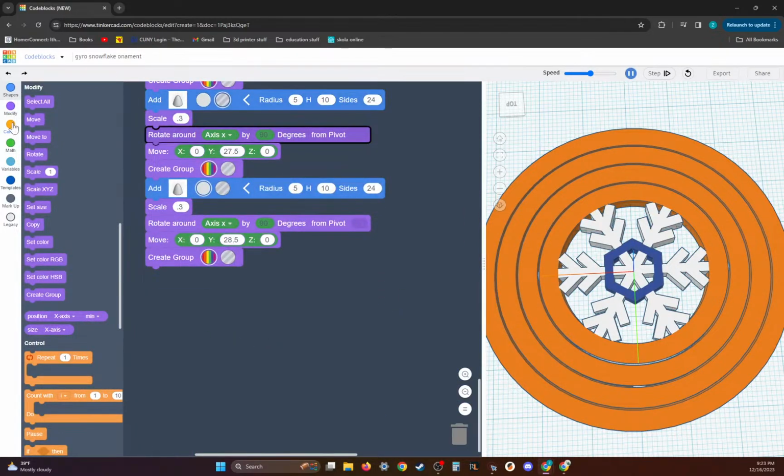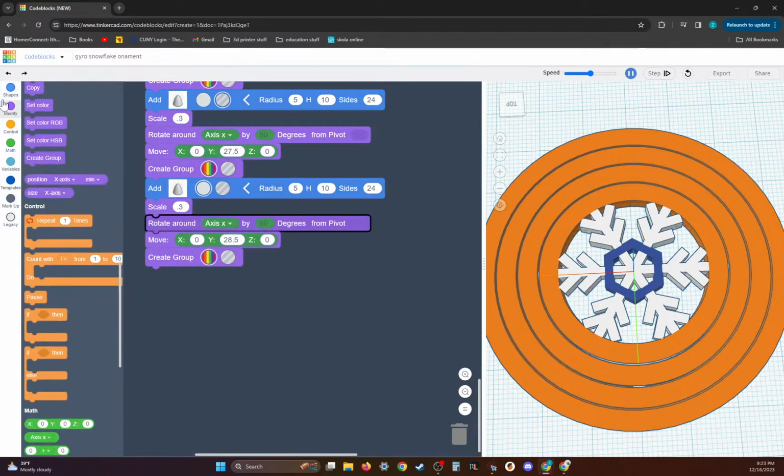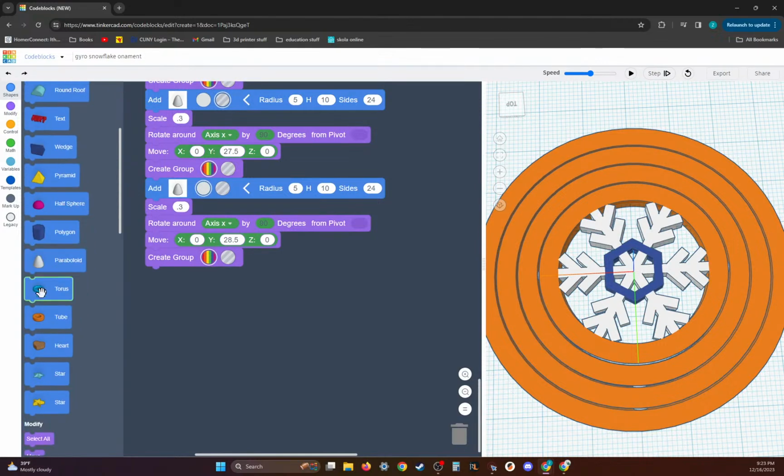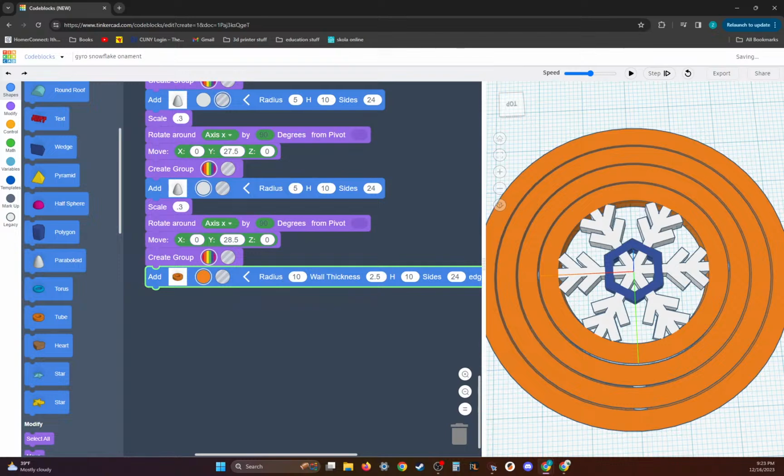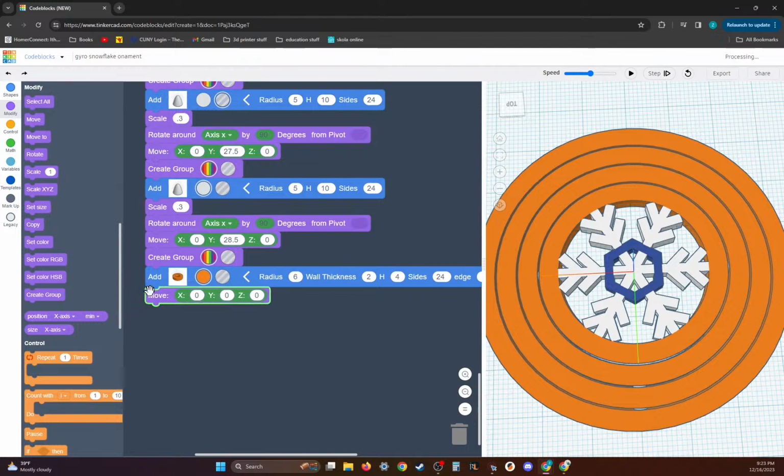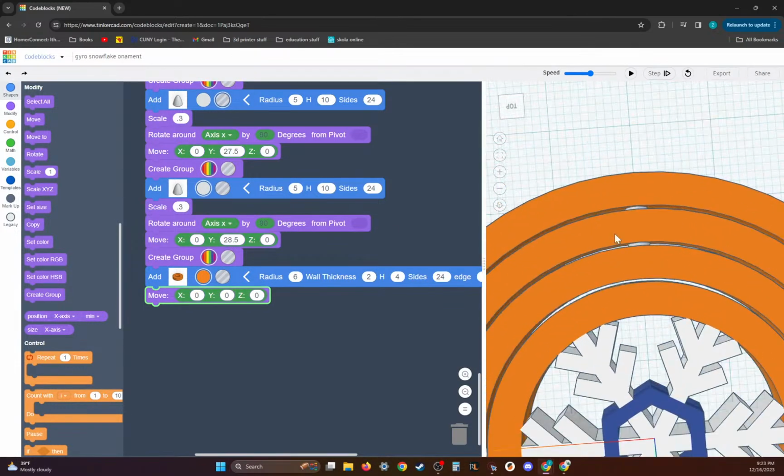I think the last thing that we need to do is add something so that we can put some string onto our shape. A thickness of 2 is probably more than adequate for this. We only really need a height of 4. Let's say a radius of 6. And move this one to a, let's see,